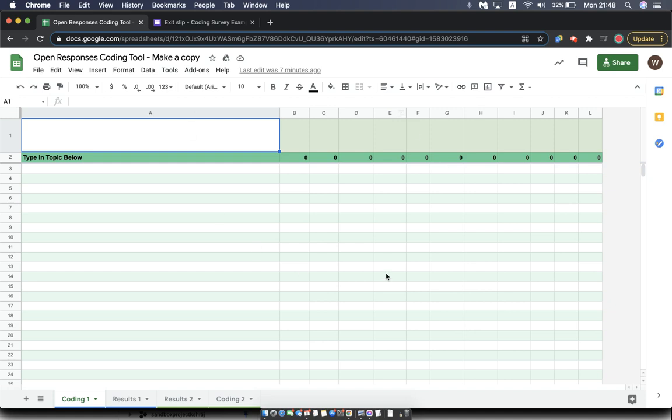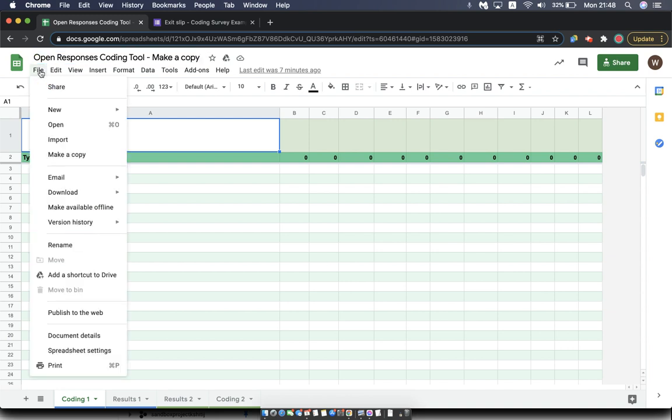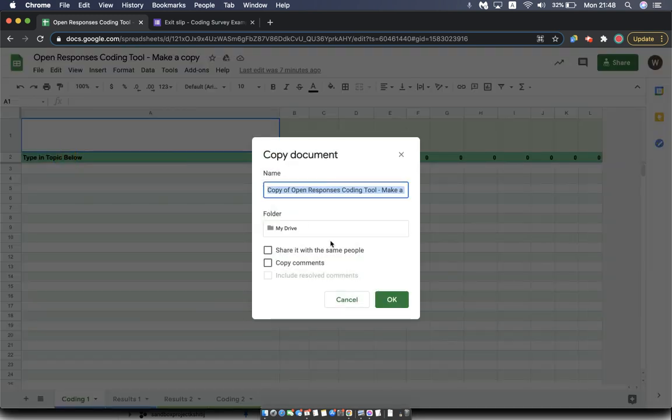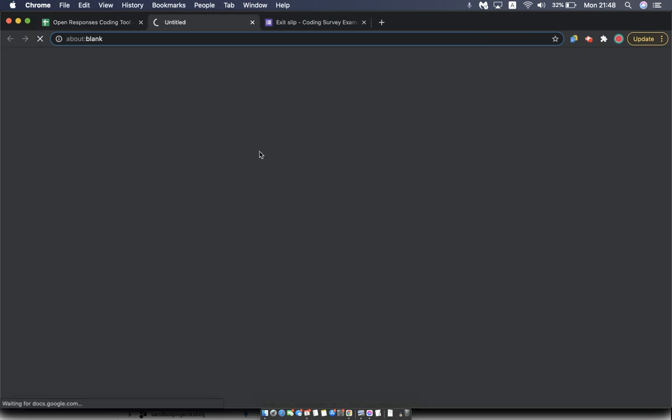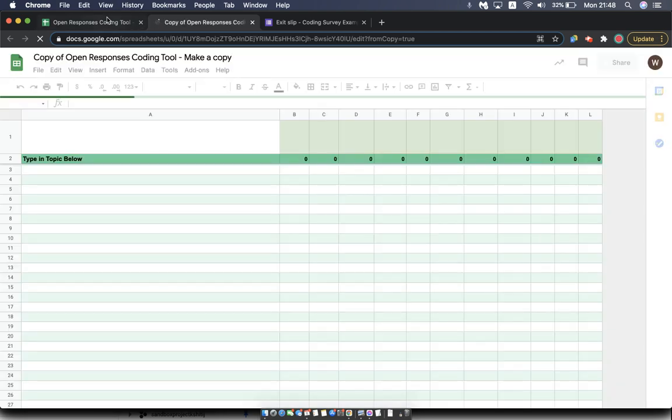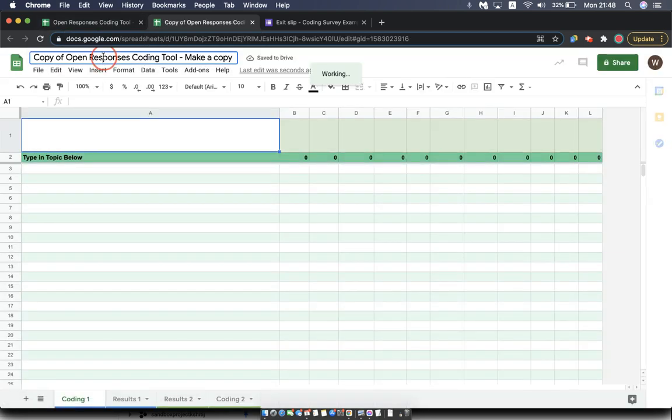All right, let's take a look at how we can use this open response coding tool. First thing I ask you to do is make a copy. So go ahead and make a copy so that you can use it again for other surveys. So this is kind of the template that you can use. So let's rename this, called coding our exit ticket